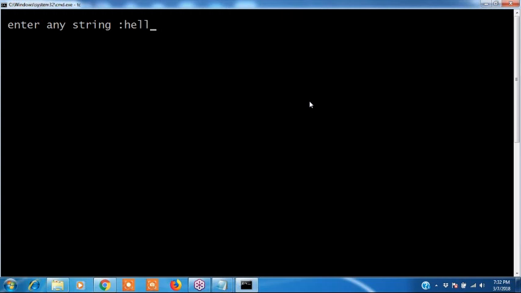Yeah, see this. If I enter all small letters, H converted and W converted. Okay, if I enter all capital letters, hello space world, see, H is capital and W also capital. I will enter some small letters and some capital letters also. See this? H converted and W converted.